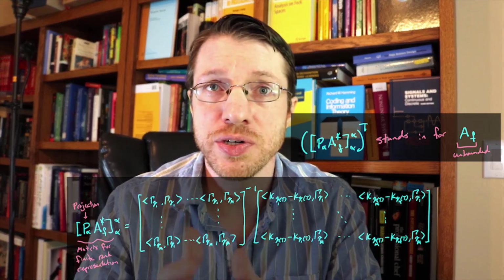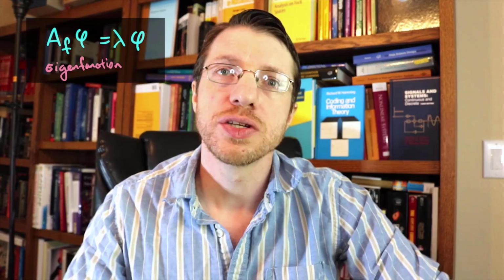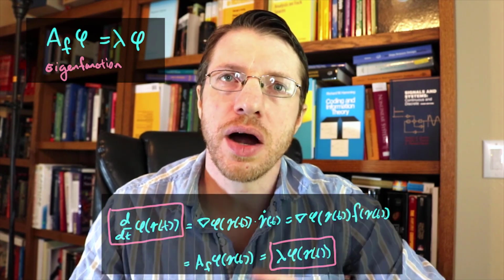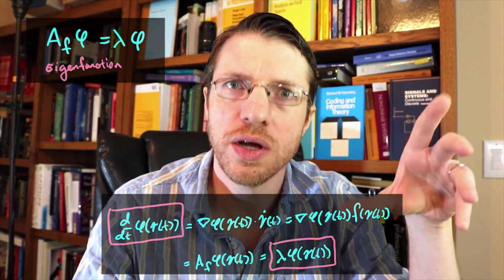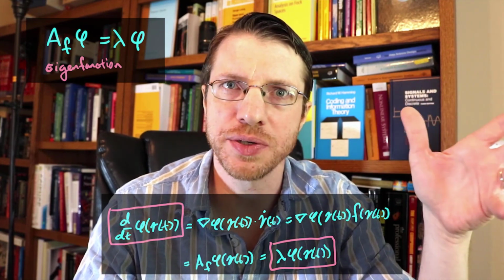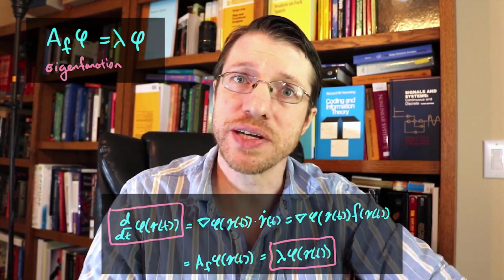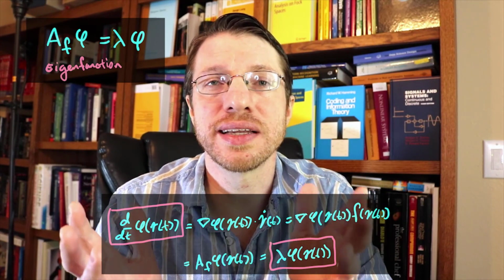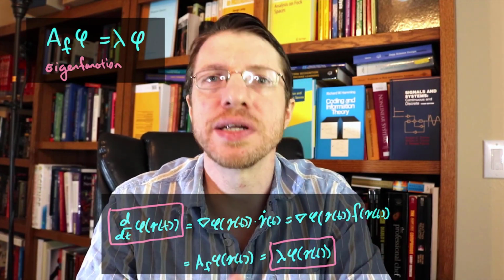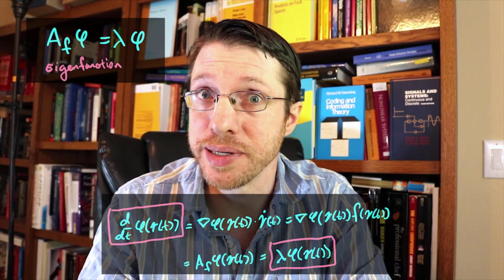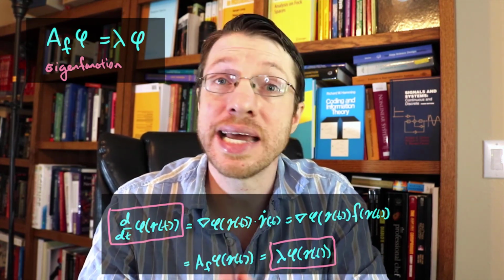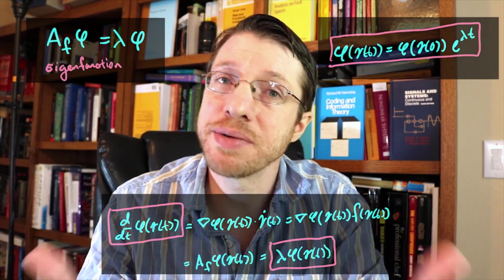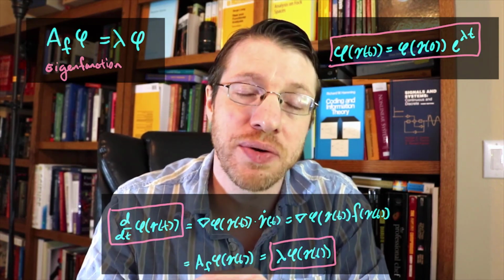We're going to get some eigenfunctions out of this matrix. So eigenfunctions for the Liouville operator are going to satisfy this very particular property. If you take this eigenfunction and compose it with a trajectory from your dynamical system, and then take this time derivative, this is just the Liouville operator applied to our eigenfunction evaluated at the trajectory. And so we know that the eigenfunction composed with the trajectory can now be written as e to the lambda t times the eigenfunction evaluated at the initial point.